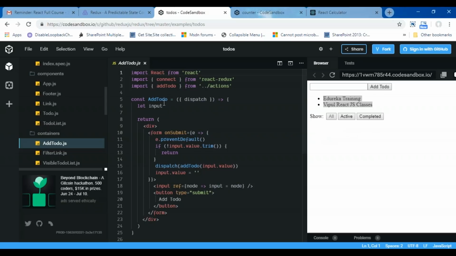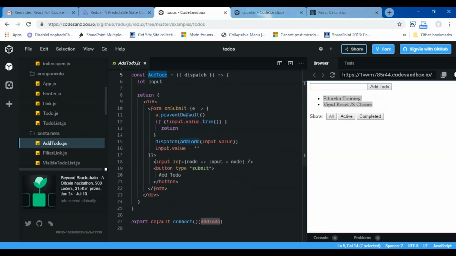So add to do. This add to do is again a component. It's an input field. You can say this is just an input field with an add button. Technically speaking, I can split it probably into two components, but it might be too early at this stage. It's fine to mix presentation and logic in a component that is very small, because this is just a text box and just, you can say, a button.